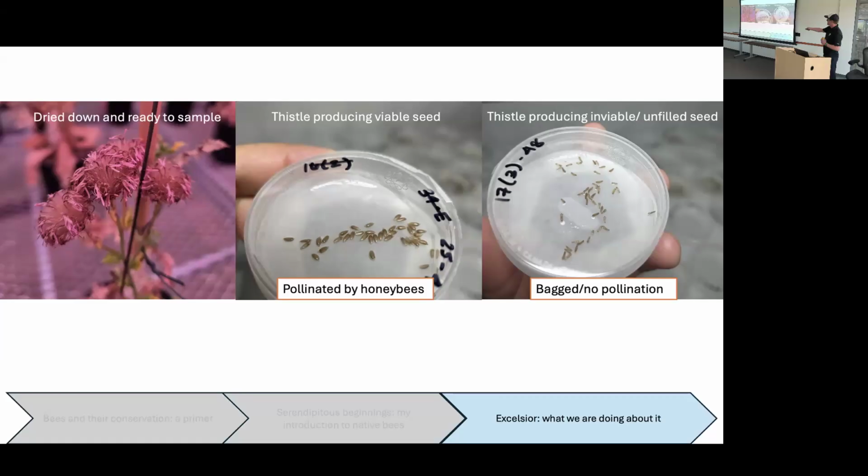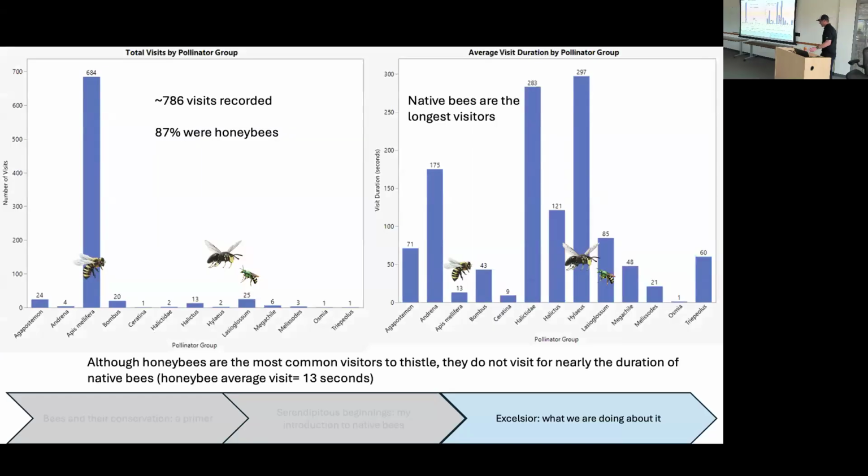So here is an example on this petri dish of thistles that were pollinated by honeybees. Here is a situation where it was bagged, pollination deficit, didn't receive any visitors. So zoinks, Scoob, honeybees are moving around thistle pollen and doing a good job of improving their populations, probably helping them produce viable seed. And this is sort of further demonstrated here